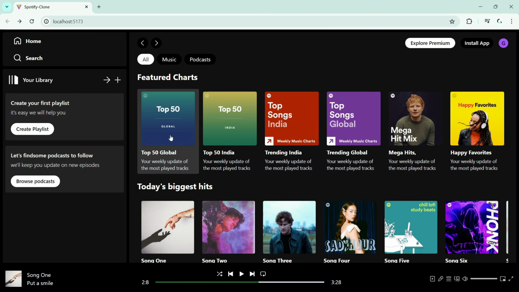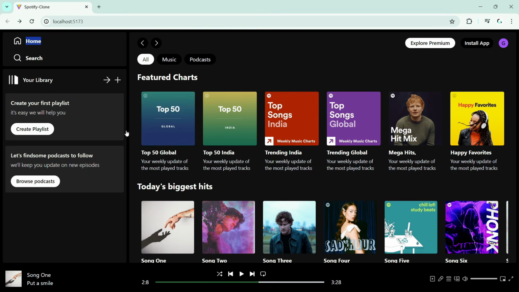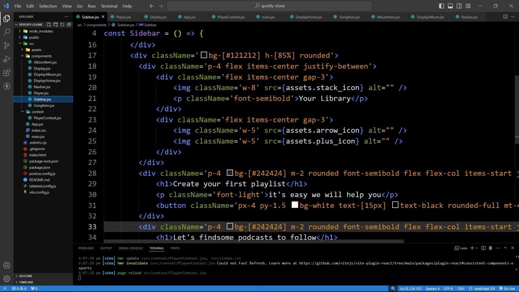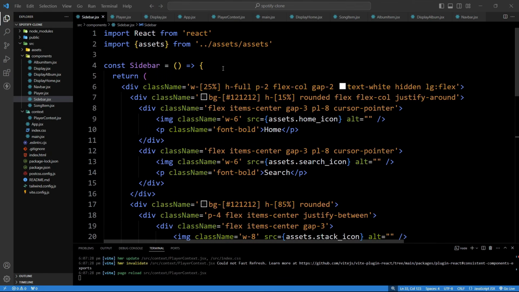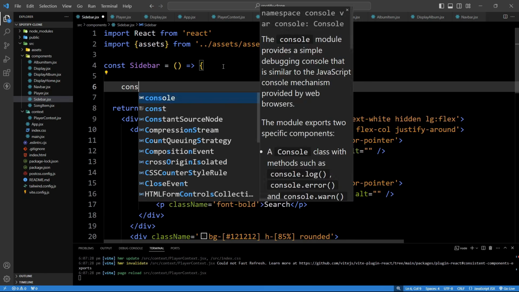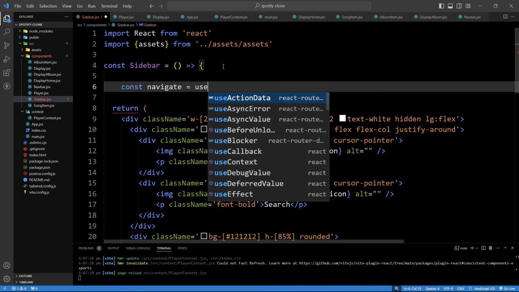Now when we open the album, we will add the navigate function on this home text, so that when we'll click here, we will be redirected to the home page. So just come back and we will open sidebar.jsx file, and here we will use navigate hook. So just add const navigate equal to useNavigate,